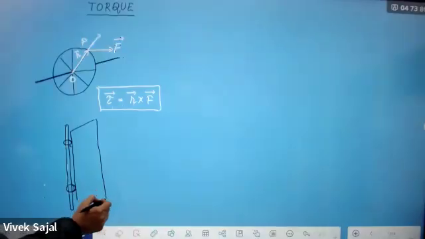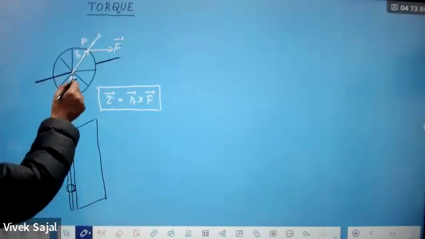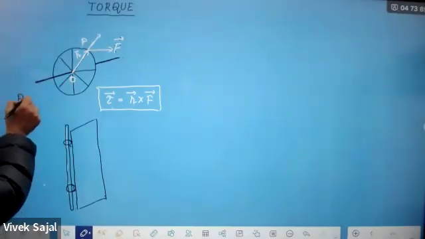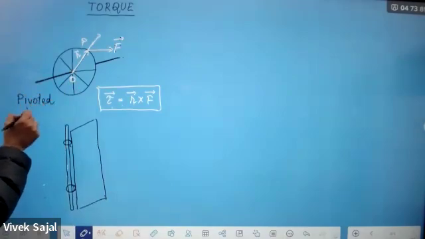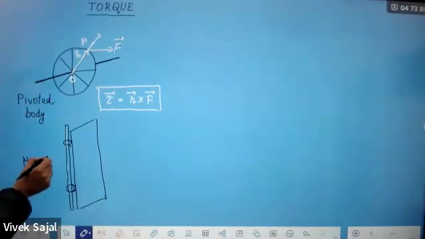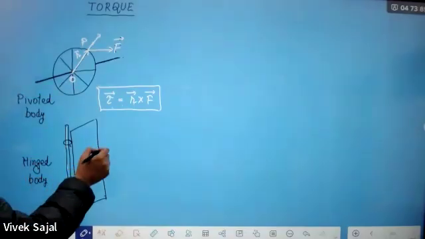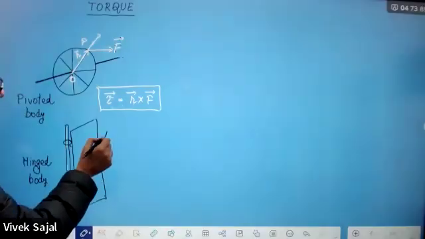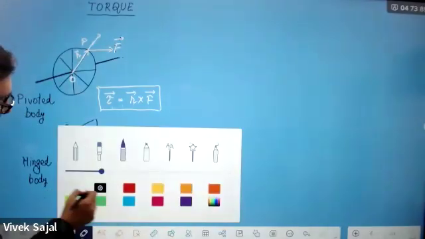So this type of door is called a hinged body. This is a pivoted body. Pivoted body. This is called a hinged body. Hinged body. So if you apply a force over it like this, okay, so we have applied a force over it like this,